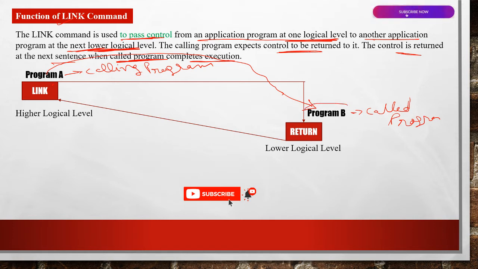Means when program B completes the execution, it will return the control back to program A at the higher logical level, and this is our lower logical level.